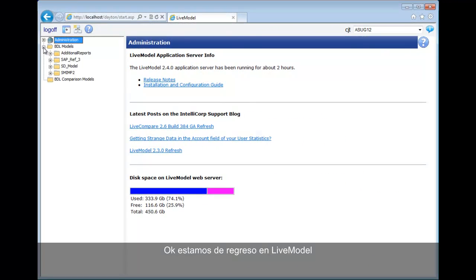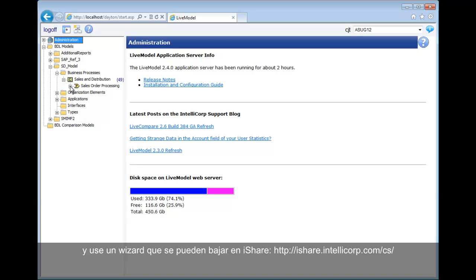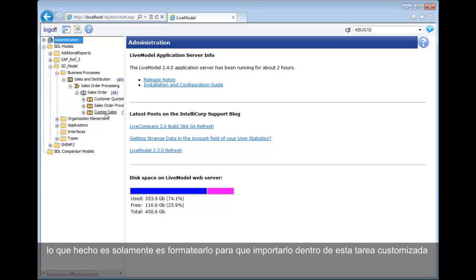Okay, so we're back in Live Model, and what I've done is copy from the complete SAP reference model that ships with Live Model just the sales and distribution area. And I used a wizard that you can download from the IntelliCorp iShare website, which imports Excel formatted data into the Live Model product. So if you think about that Excel spreadsheet that we had from Live Compare, which is a bunch of custom transactions, what I've done is I just formatted it to come in under this custom sales